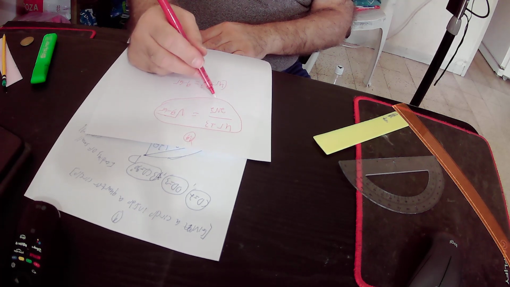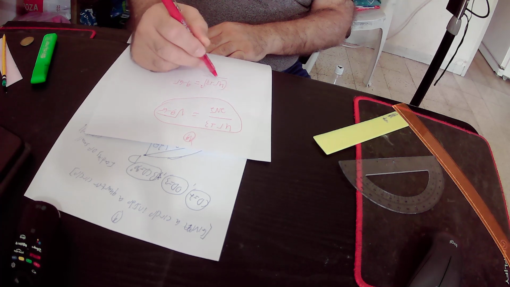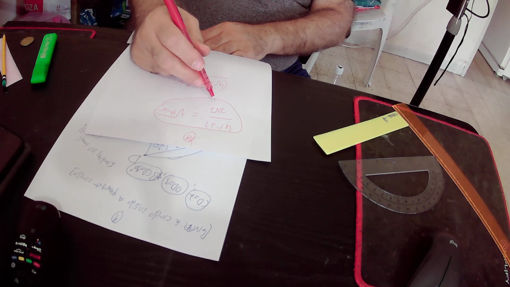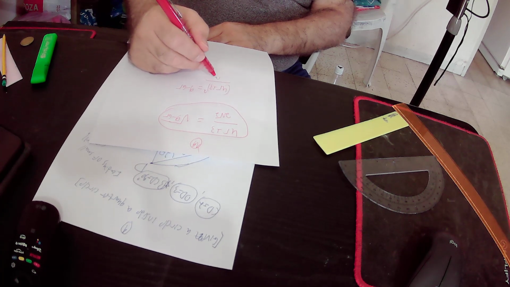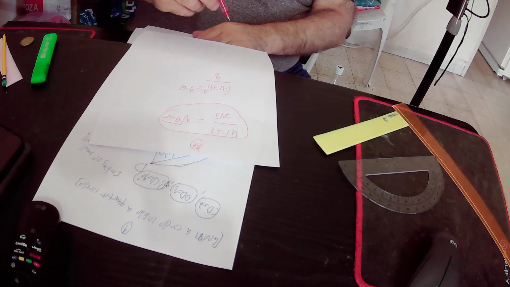Two times root 2 square is 2 times 2 is 4, and root 2 times root 2 is 2, so 4 times 2 is 8. Okay,